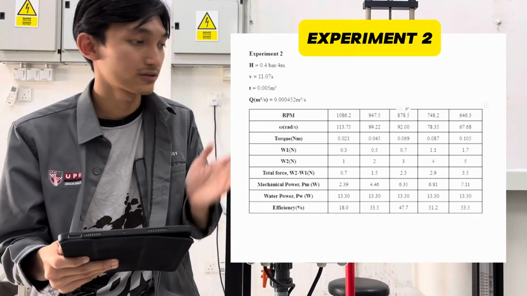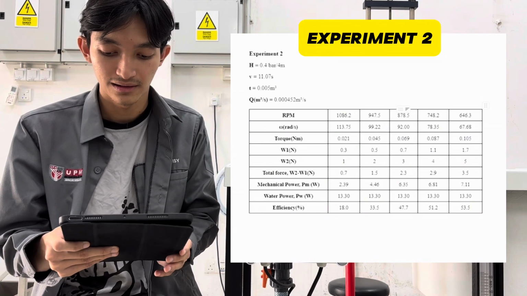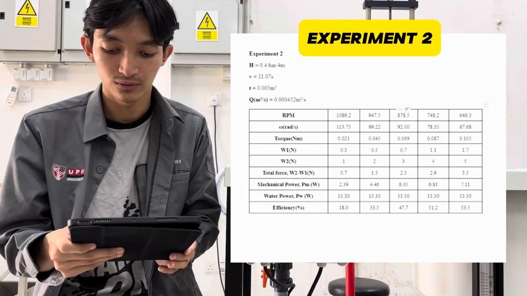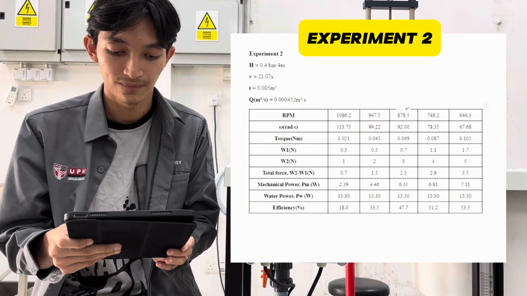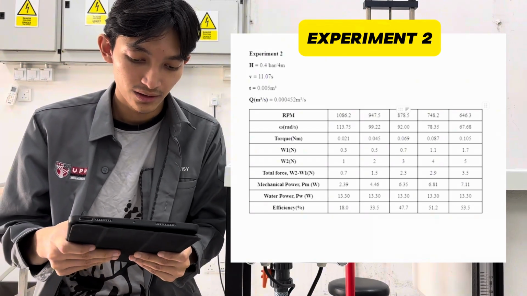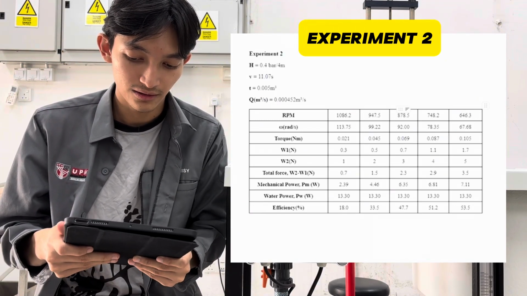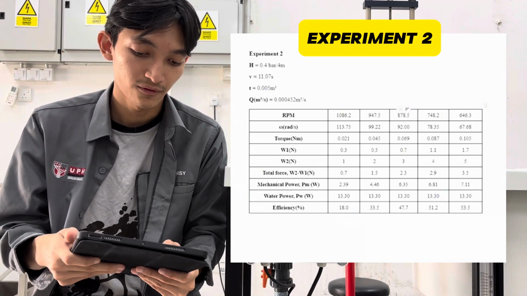Also, the W1 is constant, and the W2 is increasing from 0.3 to 1.5. For the flow rate, in the first experiment we have not calculated it yet, but we got the time for the 5-liter meter,